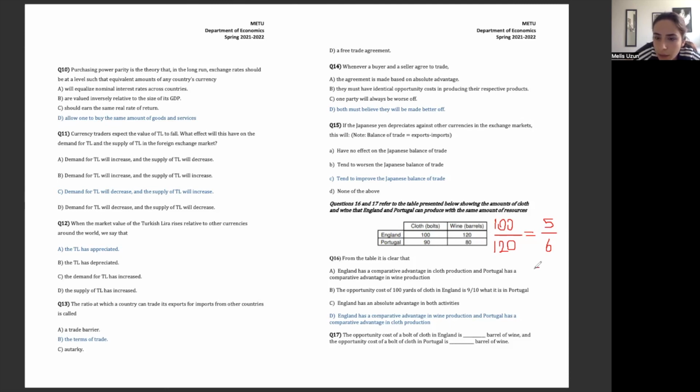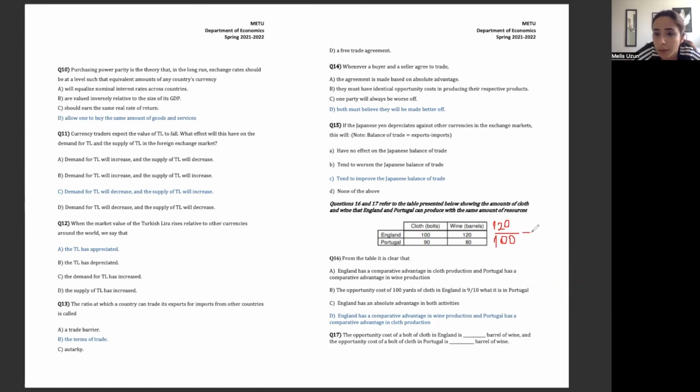wine is 90 divided by 60, which is equal to 3 divided by 2. Which one is lower? This one. So England has a comparative advantage in wine. Let's look at the clothes. We will do the opposite of it. So for England, it is equal to